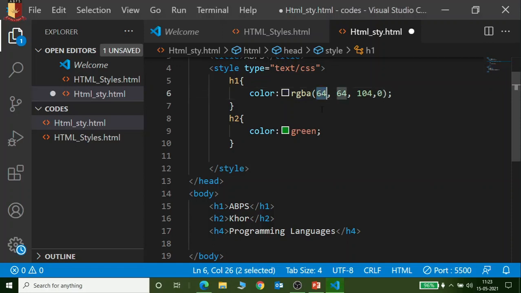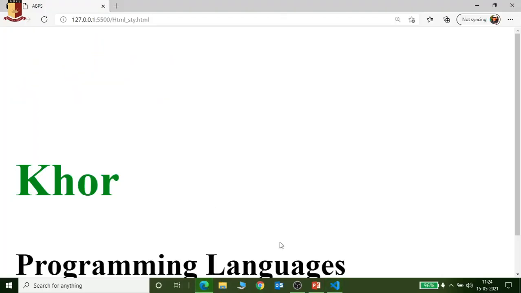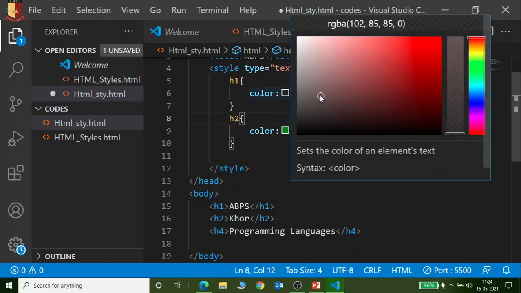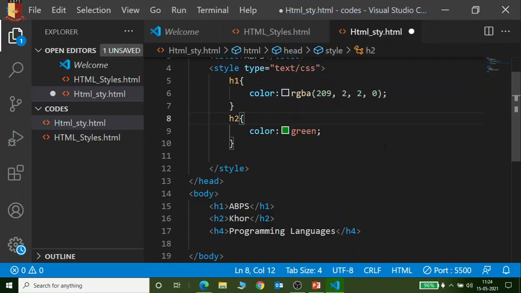Take 255, 0 and 0, that is the red one. Save it. Okay, let's see what will happen here. Red one. Got it?